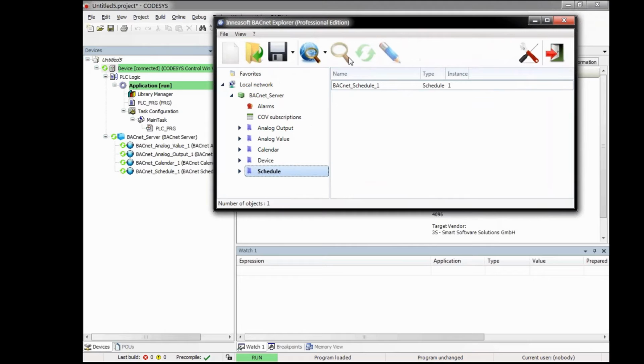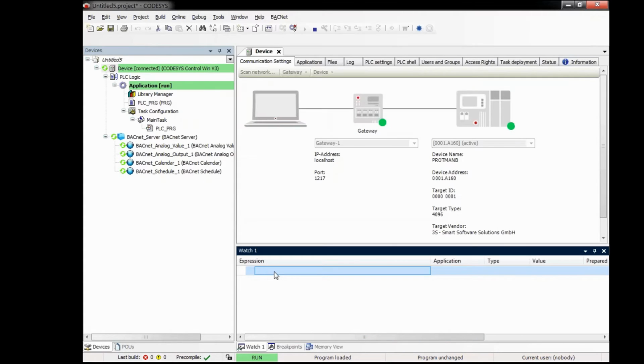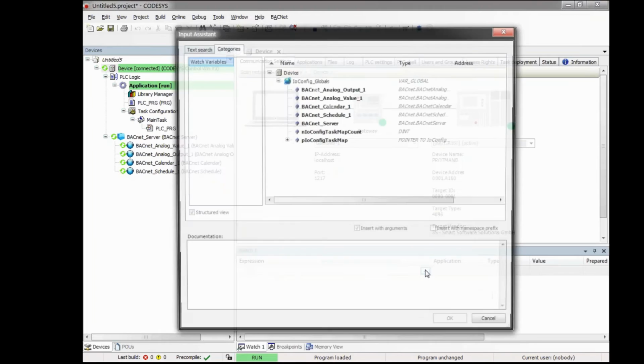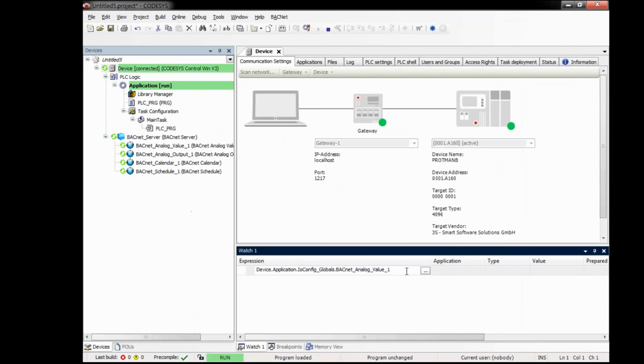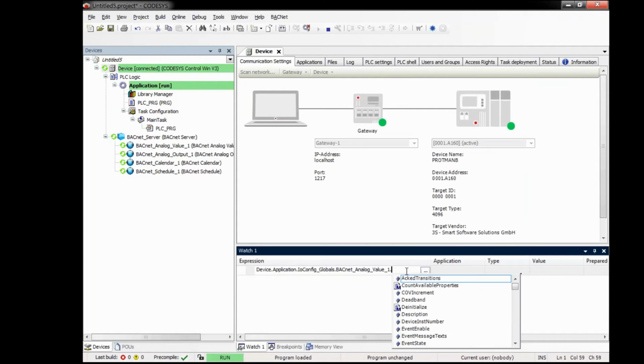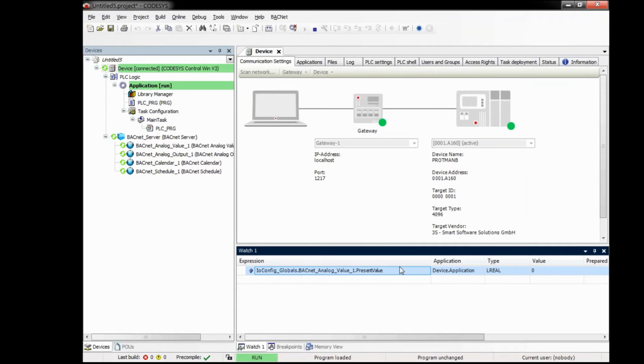Okay, now I want to show you that the server and the client are really communicating with each other. So therefore, I at first put an analog value to the watch window of CODESYS. So I take this analog value and the present value of the object, and you see right here the value of the BACnet analog value is 0 at the moment.